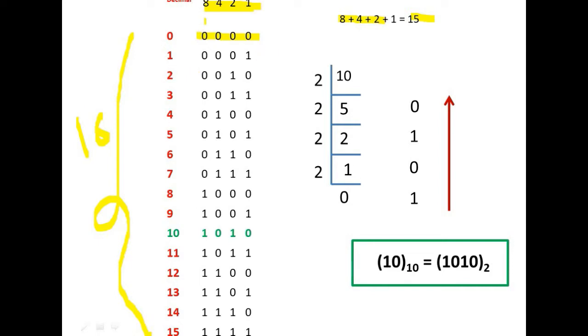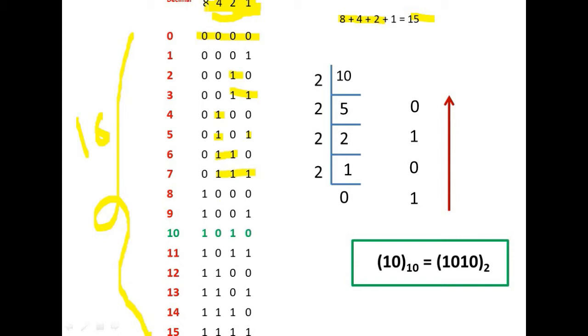So if we want to write 0, we do not require any weight, so put 0. For 1, we will put 1 in the position of 1. For 2, the position of 2 is 1. For 3, 2 and 1, so the 2 and 1 positions are given as 1, because 2 plus 1 equals 3. For 4, only the third position is given 1, the rest will be 0. And for 5, 4 plus 1, that is 5, so the 4 position and the 1 position are given weight 1. And for 6, 4 plus 2, so the middle 2 digits are 1. For 7, 4 plus 2 plus 1 is 7, so these 3 digits will be 1.